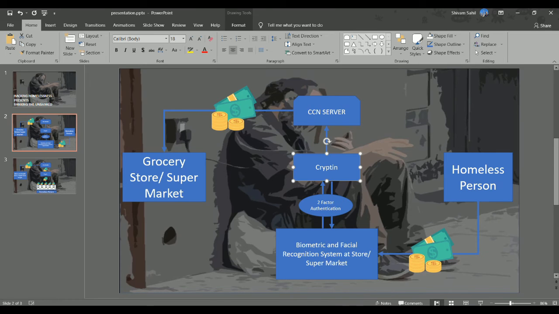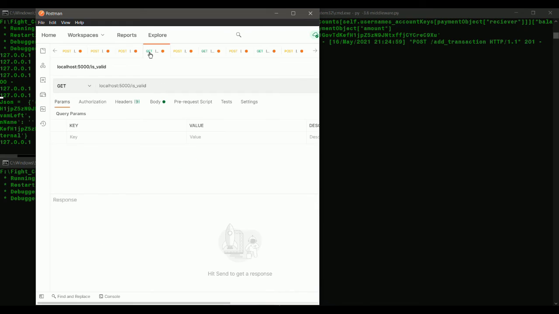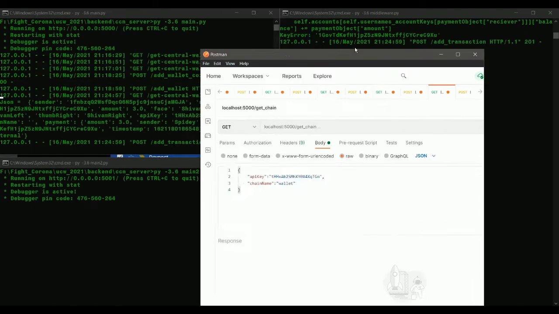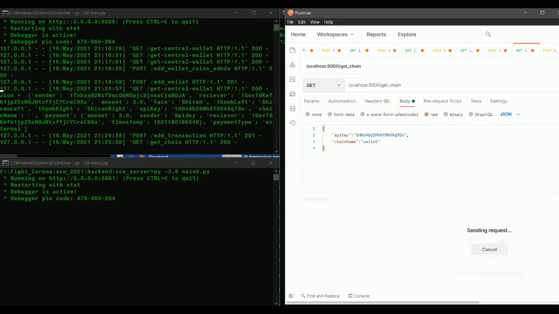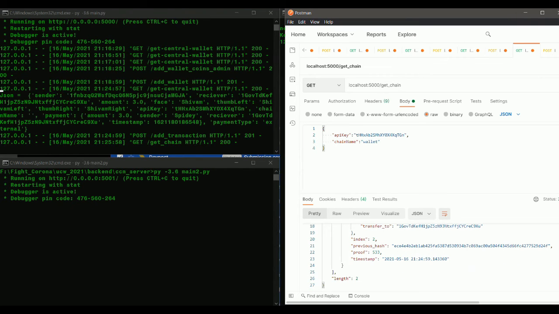Now coming to the chains, replace. So basically these are all the methods which we can use to get the different data points. So here I put get chain and wallet chain. So very likely I'm going to get the transactions and all. So as you can see here, amount 3.0 has been transferred, and this is my chain. And for example,